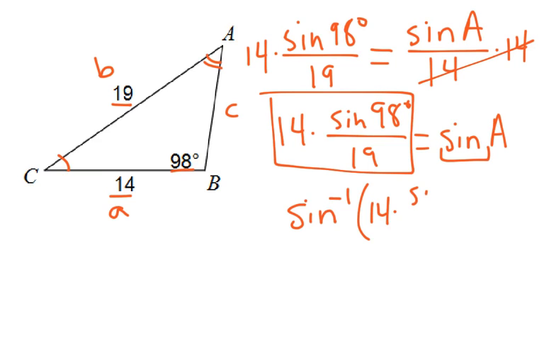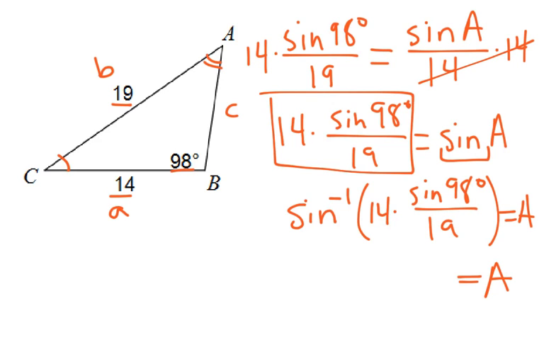And this honestly is how I type it into the calculator. Saves you all that rounding issues. And that's going to give us angle A. Okay? So I do the inverse sine, which most calculators are easily able to do. And I go 14 times the sine of 98 degrees. And I did the inverse sine first. And I take that and I divide it by 19. And that gives us, let's see, 46.8588. So we're rounded to the nearest tenth. So that bumps it up to